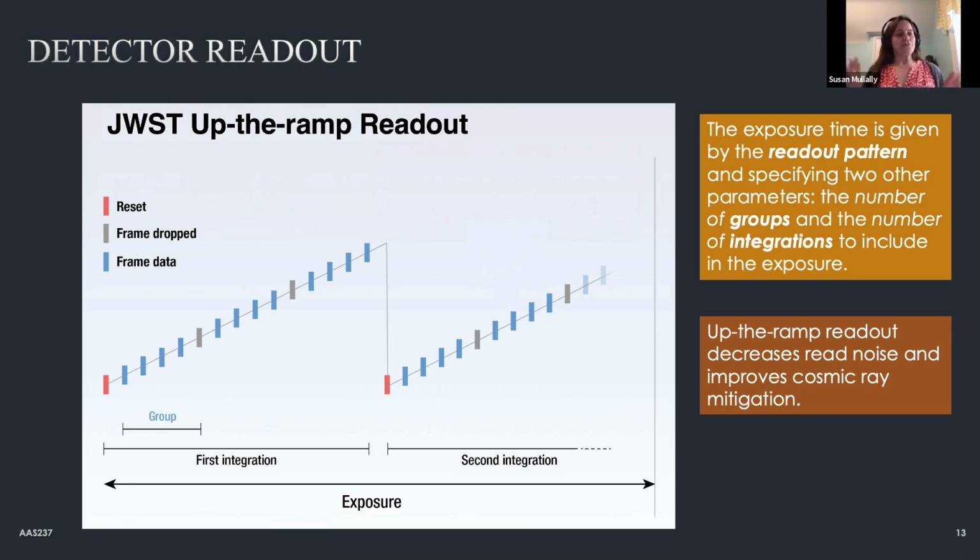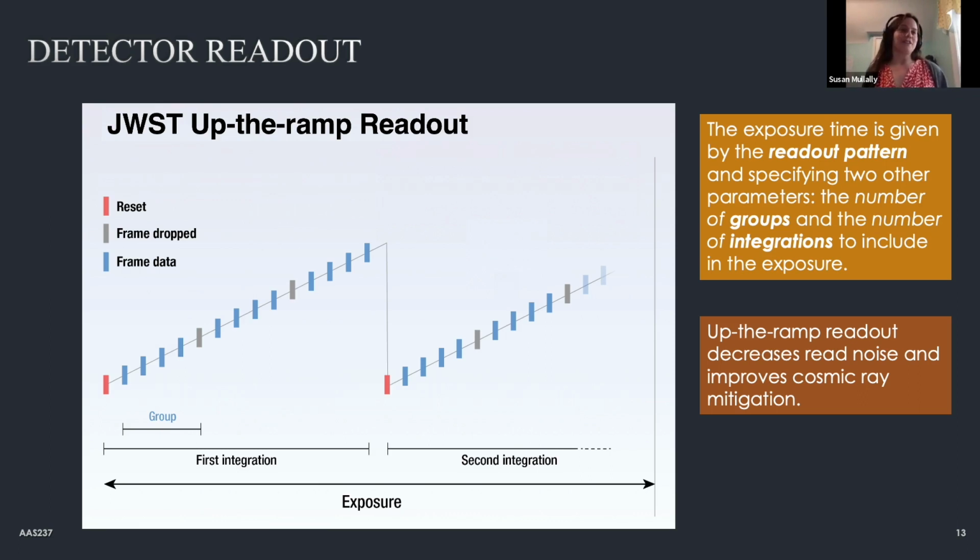And so many groups make up an integration, and then so many integrations make up an exposure. So when you're trying to figure out your exposure time, what you're actually setting is your readout pattern: how often you non-destructively read the detector, and how many groups and integrations you want to make up your exposure time. We do this, though it seems a bit confusing, to improve the read noise and also to